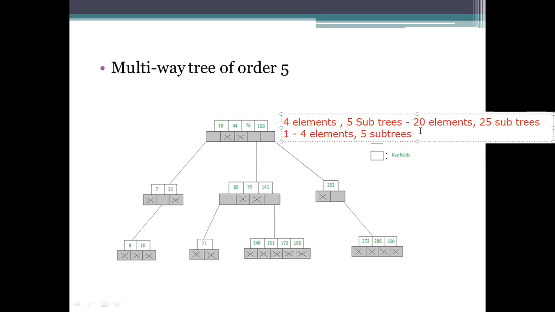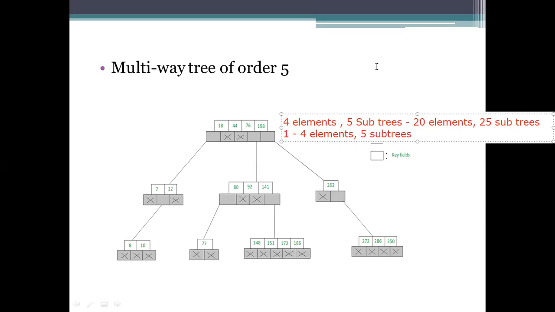So if we are using only order 5 here, how many elements can I insert? As far as we are considering, we can insert more than 100 elements in a single notation here. Okay, and we are not following any rotations, and balancing does not have to be maintained like this. If it does not have space, we make space to insert without changing the already inserted representations. Okay, so each and every node will follow this order.